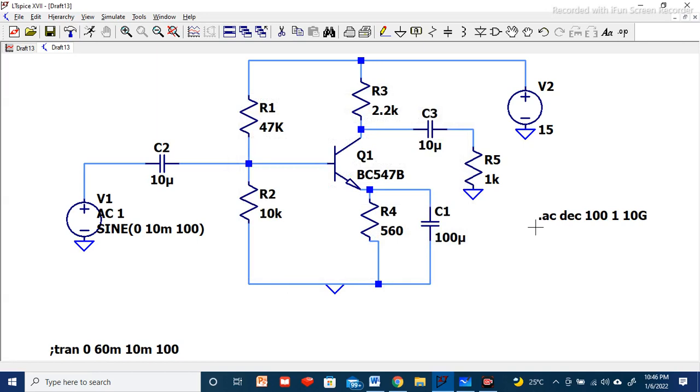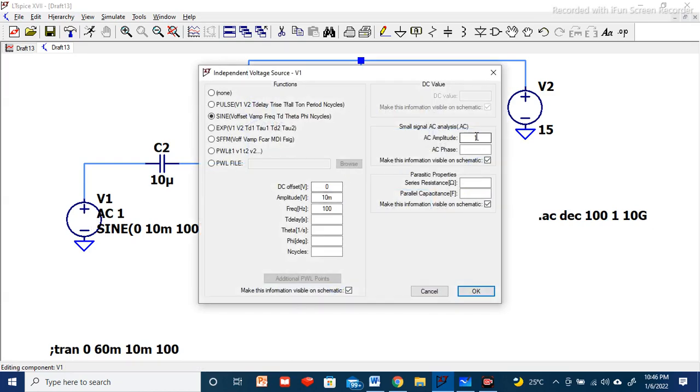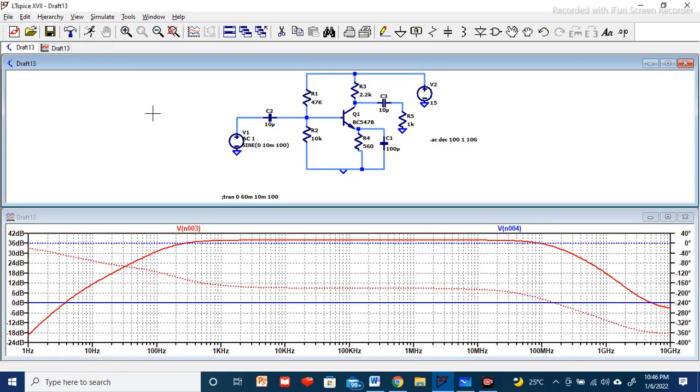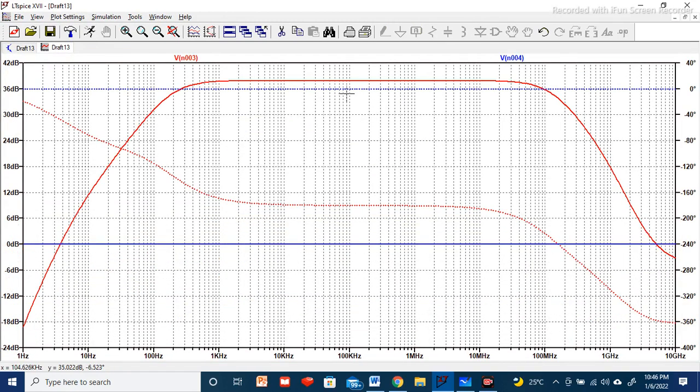So here you can see AC analysis is defined. Now to perform the AC analysis, you have to define the AC amplitude as 1. Okay, because when we go for AC analysis, all these other things are null and void, it only takes the AC amplitude as 1. So with respect to a 1 volt input, it gives you the output. So press OK. Okay, small signal AC analysis, AC amplitude 1, press OK. So you can see here AC1 is defined. Now we'll simulate it, and you can see we are getting a graph like this.